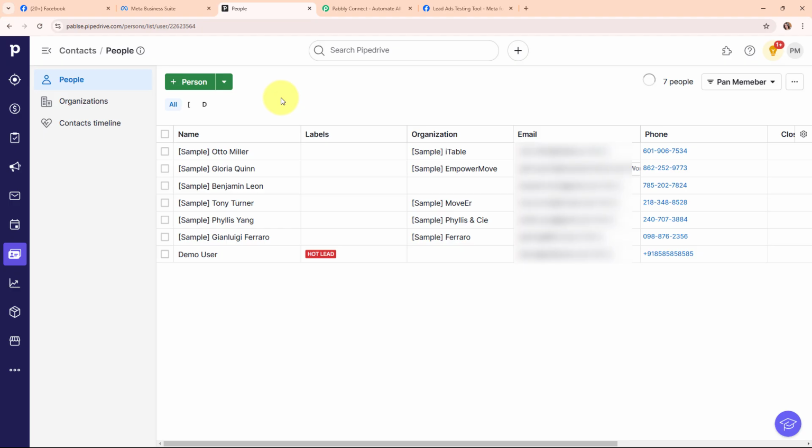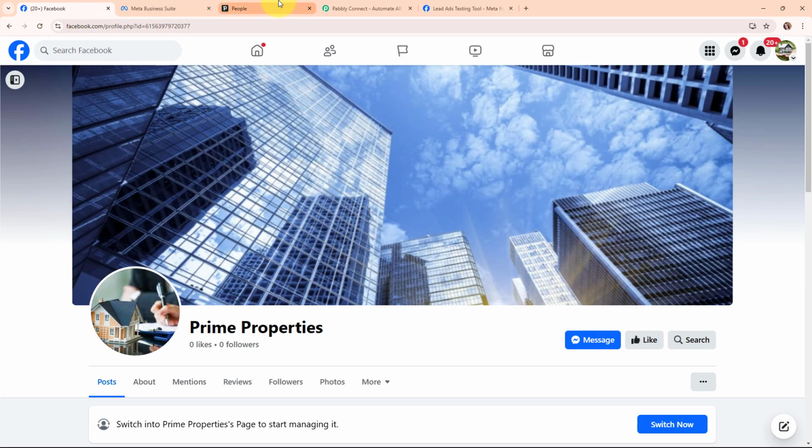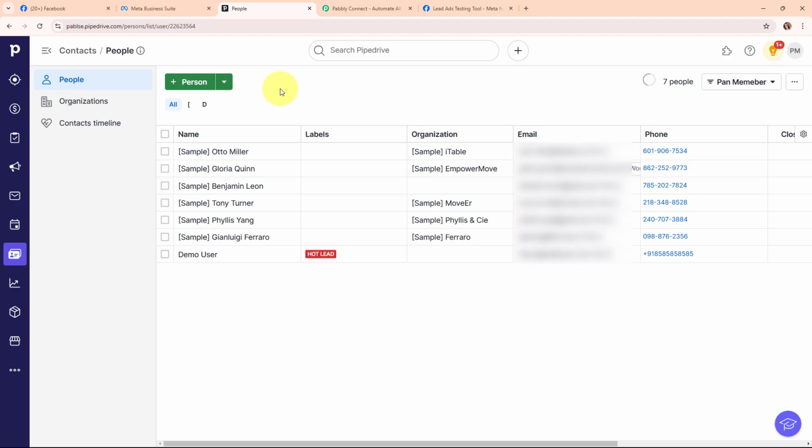This allows me to quickly follow up with personalized property recommendations and schedule viewings, helping me close sales faster while providing better service to my clients. So to automate the entire process, I have connected my Facebook lead ad with my Pipedrive CRM using an automation software. Now firstly we are going to check the working of this automation, and for that